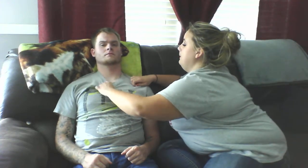And so he's already kind of reclined for me. If you could recline just a little bit more for me. Okay, so I'm going to have him pull that down a bit. Okay, so he's going to turn his head that way for me. And so what I'm going to measure here is the JVP. Gotta get my rulers. Okay, so